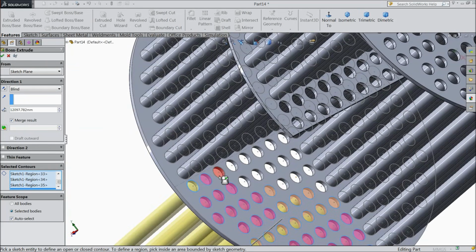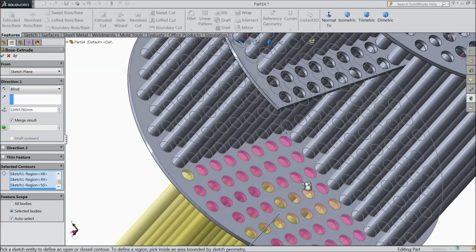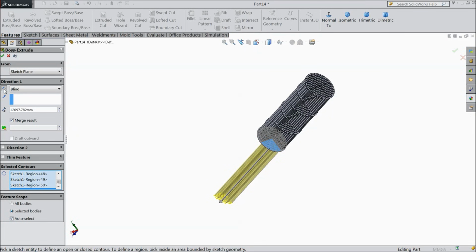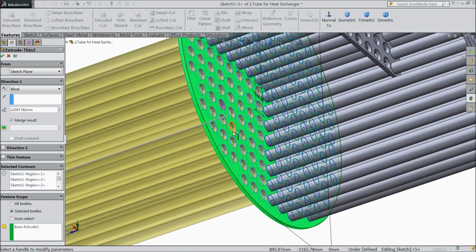Okay, here a few more circles. Okay, now all the circles are selected. Now make reverse direction. Now all the holes are selected.